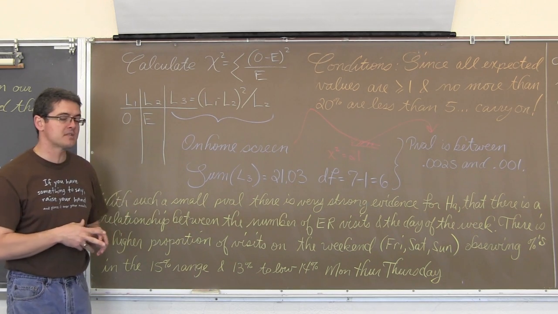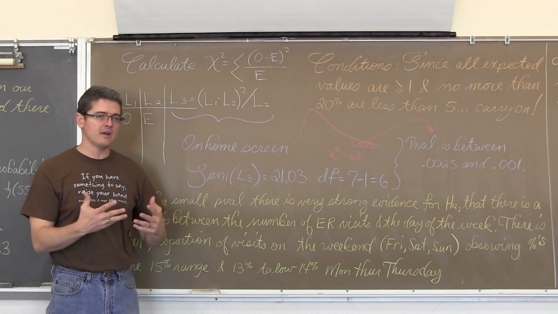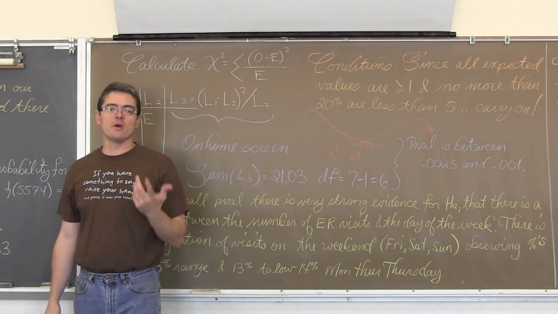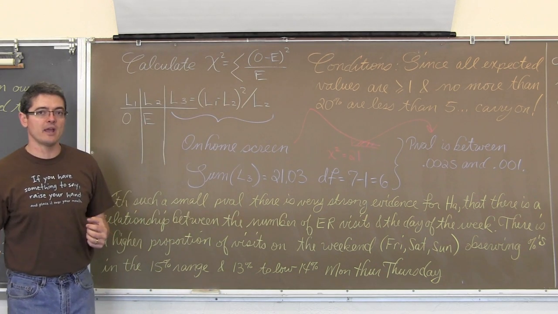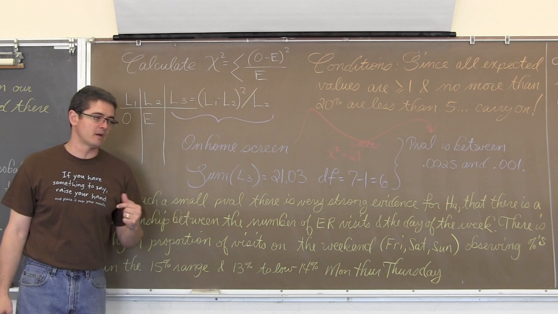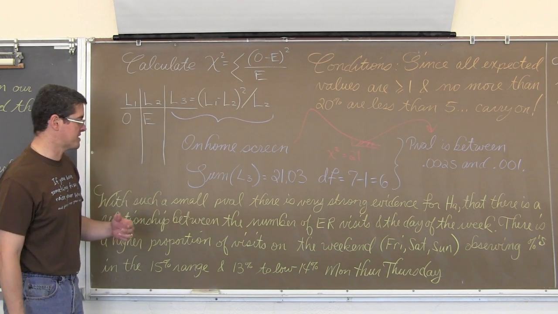All your summary statements after a significance test must use the value, your p-value, and then refer it to whether you have evidence for H sub a or you don't have evidence for H sub a, or you reject H sub o, or you fail to reject H sub o. Now, we did look at those percent, so I have one more sentence here.